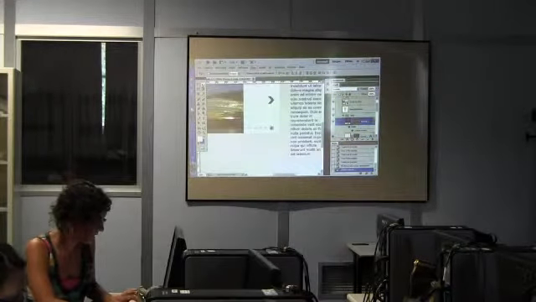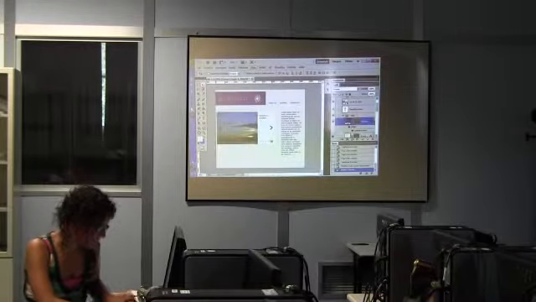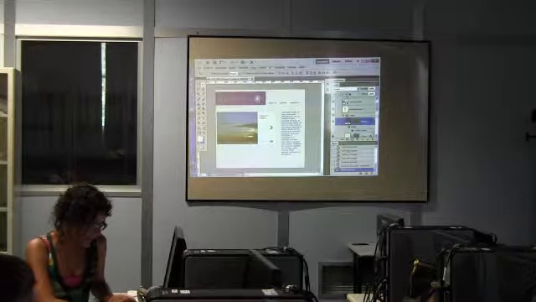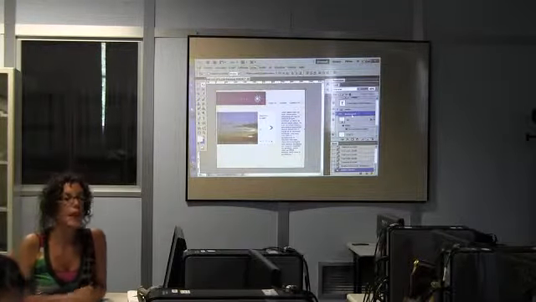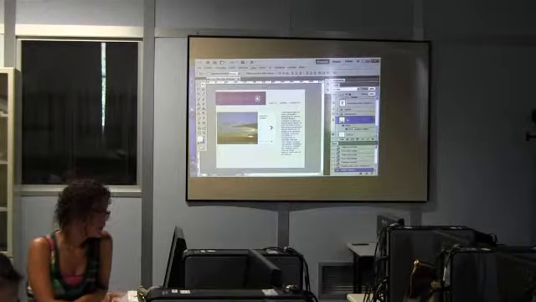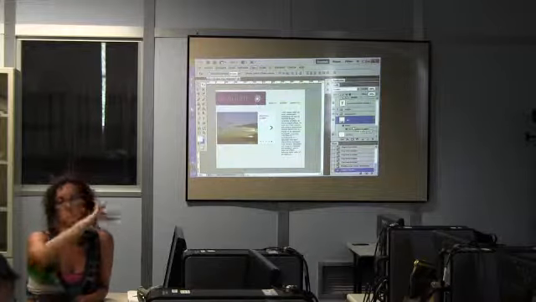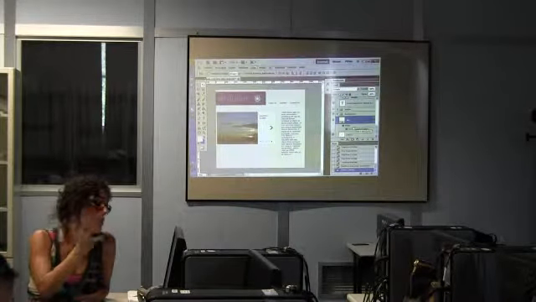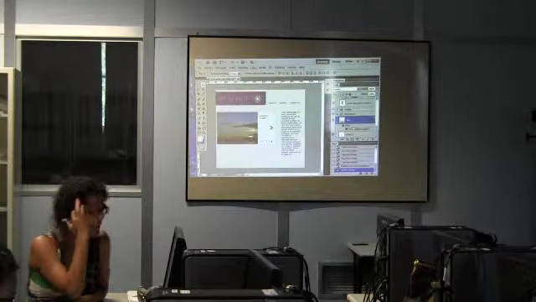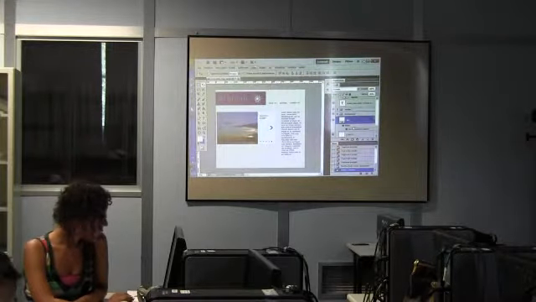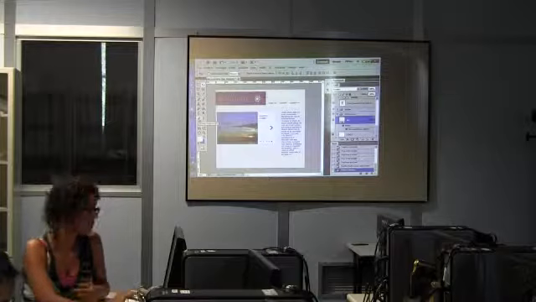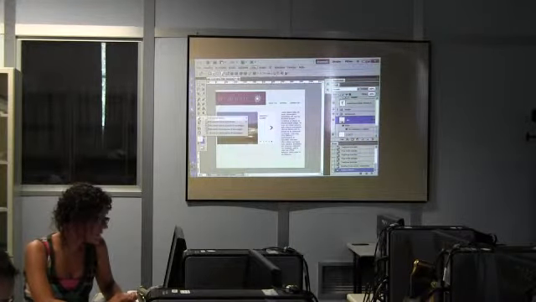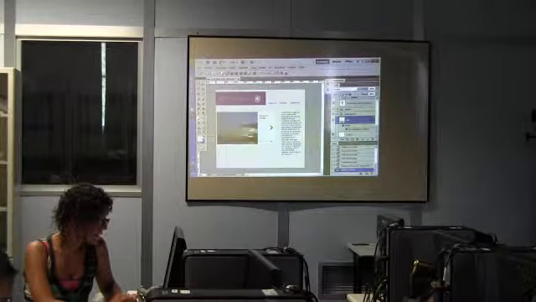Okay. Then let's go to the background again. And now maybe we want to add a shape, a path to the background. So we're going to use the pen tool. It's like Illustrator. You have a pen tool. You can create